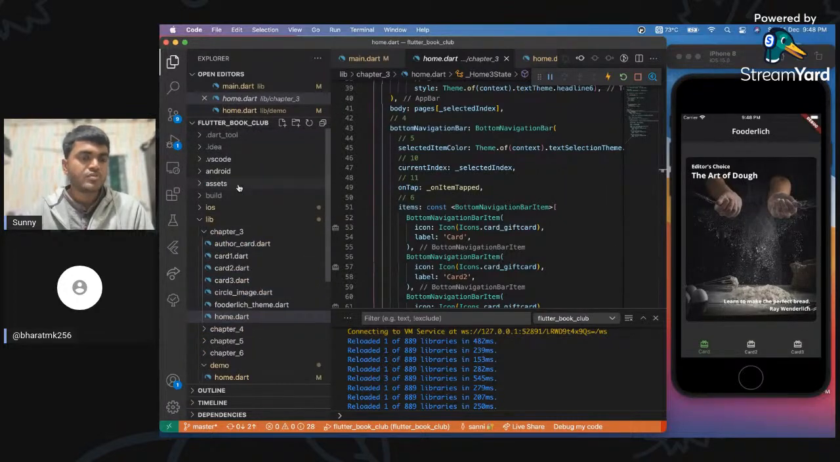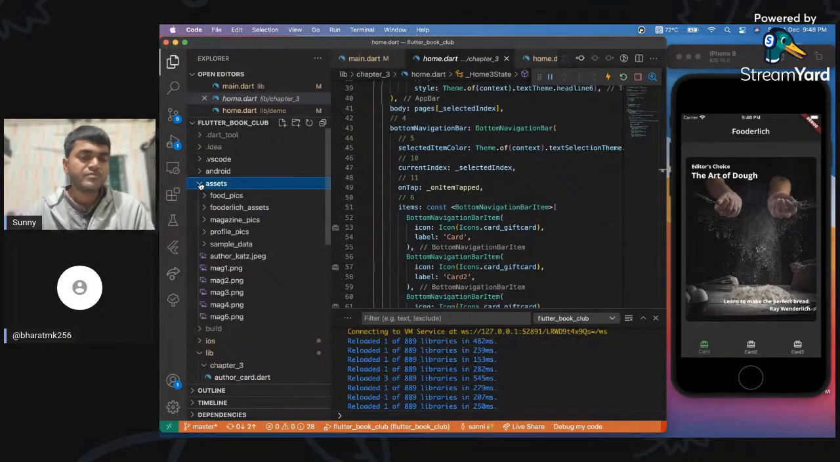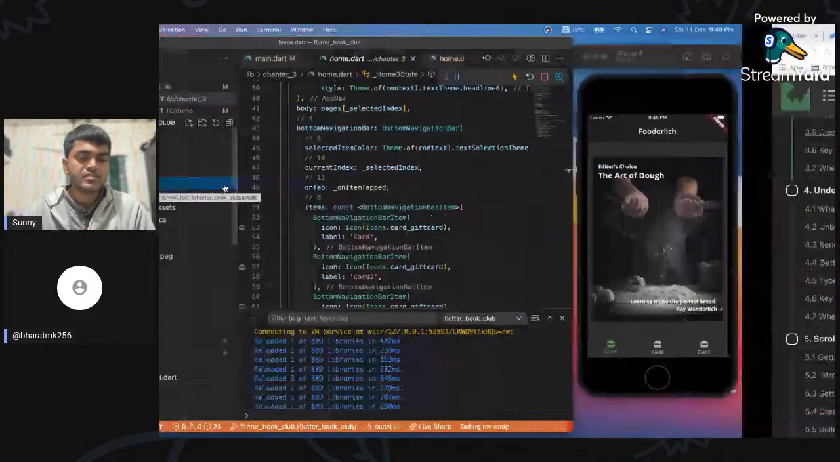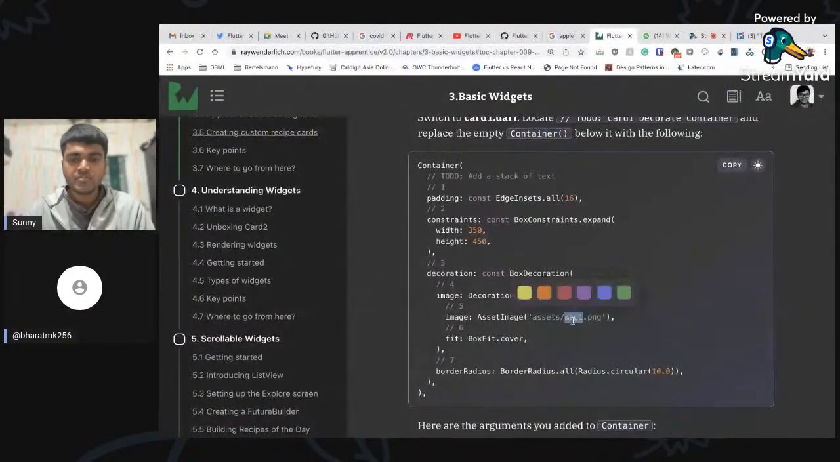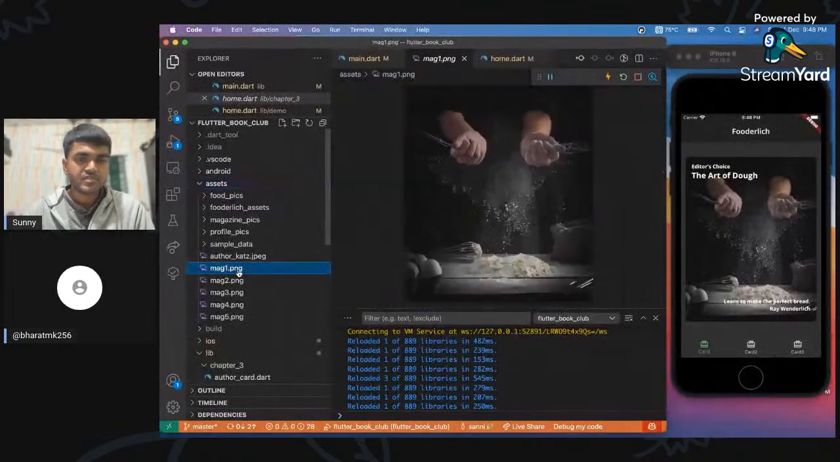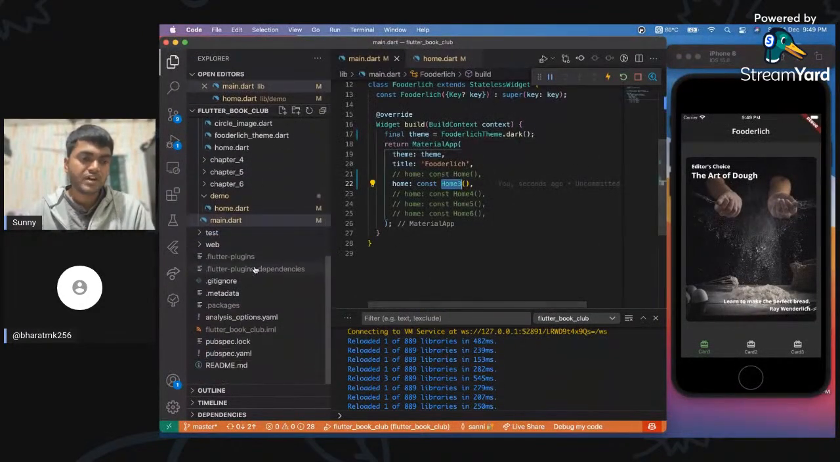So first of all, you create a new folder with any name. It is not necessary to have this name only. You can have any name here. So we have a folder here, asset, and the name of the image is mag1, which is this one. So we already have this image, and now to load the image, the steps are,